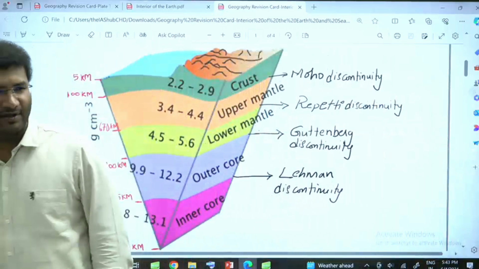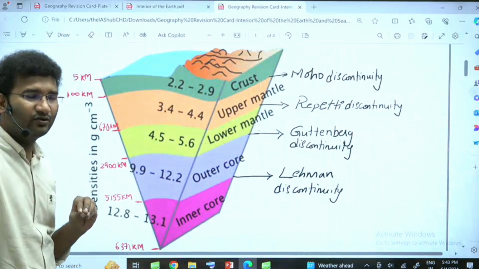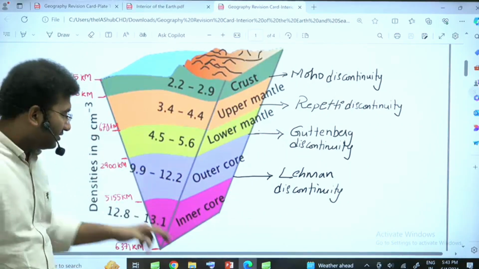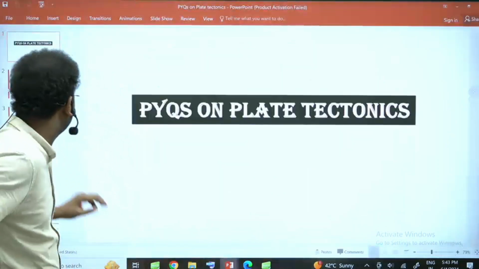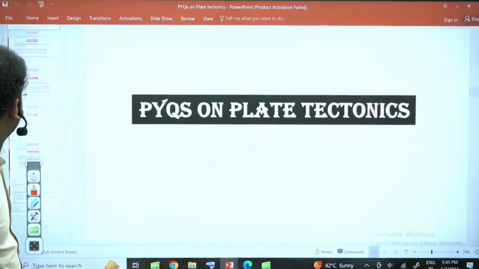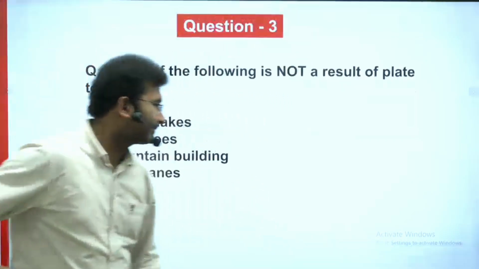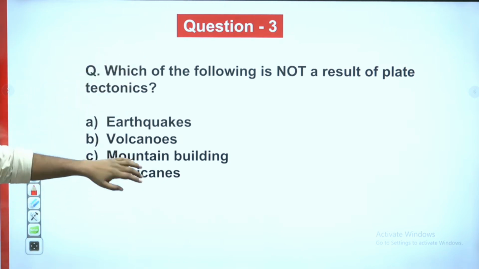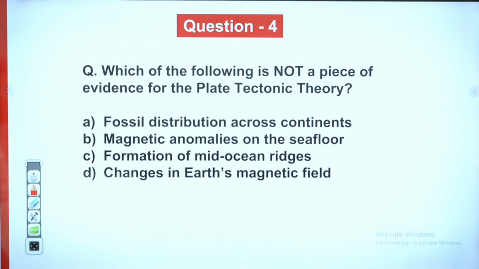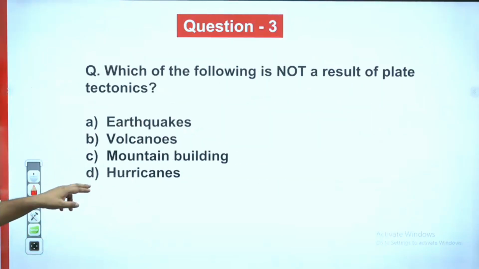Right? And in the exam they won't ask you what is the density of this, what is the density of this. At the end they might ask you questions such as this. See, I'll show you previous year questions which are asked from this particular topic. Which of the following is not a result of plate tectonics? I did not explain plate tectonics to you, but the questions will be very easy. I haven't explained these topics, but